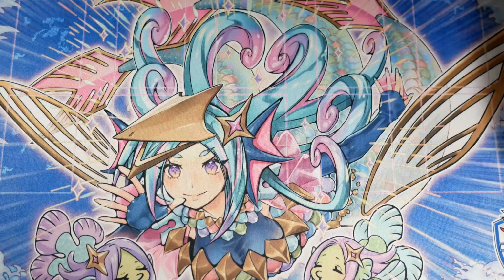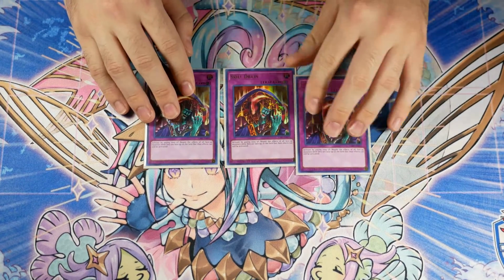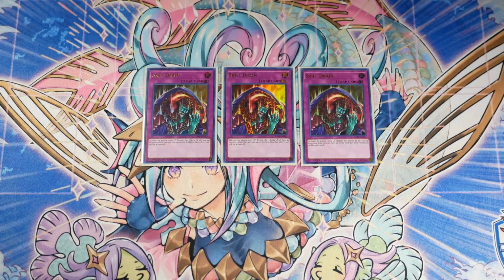Play 6 Solemns in total. And then the final card in the main deck, we play triple Skill Drain. Skill Drain's really insane in this deck because most of your effects are graveyard effects outside of things like Gear Frame. So a lot of the times, you don't really care about effects on board. You're just going to put big monsters on board and punch your opponent